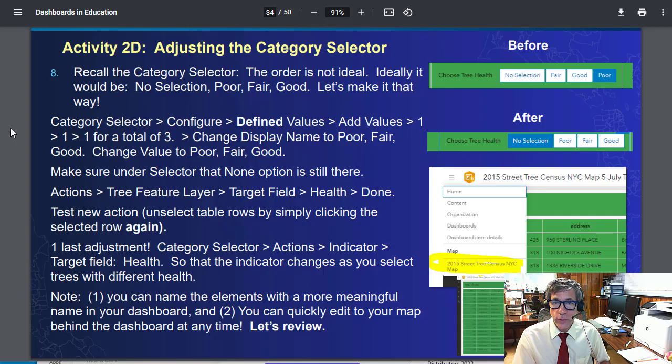Let's summarize. We changed the category selector from grouped values to defined values so that we can get a better order. You see the before and after there. We also changed the actions so that the indicator on the right side of our dashboard would be reflective of how many we've selected, how many trees we have selected, instead of giving us just the total number of